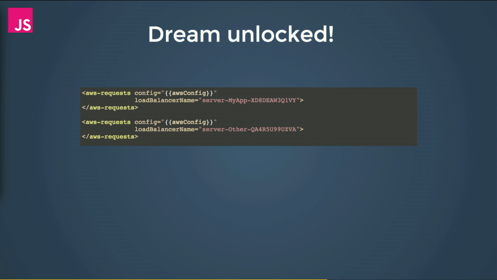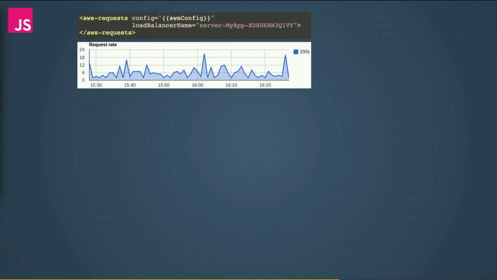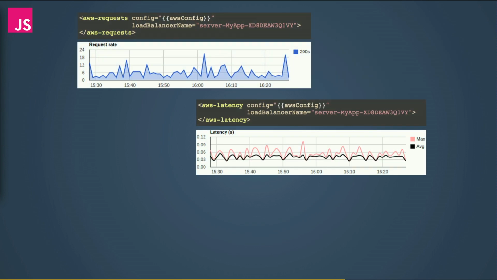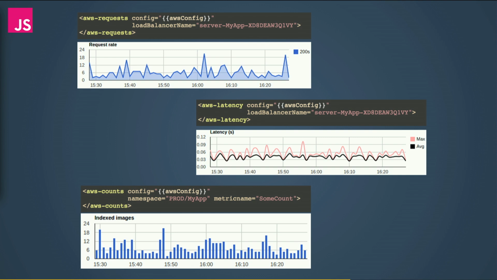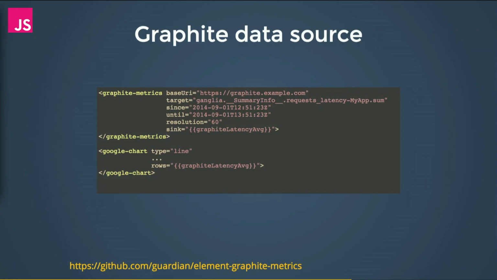Great. And actually, we can do this. So we've done it for requests. We can show latency. We can show bucketed numbers, like counts in a custom metric. You can do anything you want. And because we've based this on small, atomic modules, you can actually replace some of the pieces of the puzzle. So you can say, actually, let's fetch the data from another source. Let's fetch the data from Graphite instead of AWS CloudWatch. Graphite is a completely different server. We access it over REST and so on. But because we output this in the same data format,